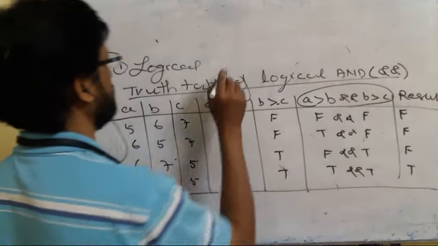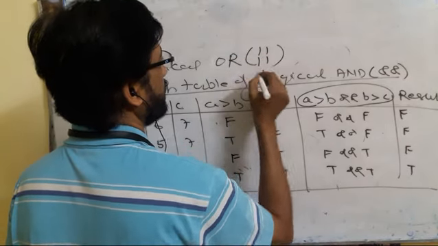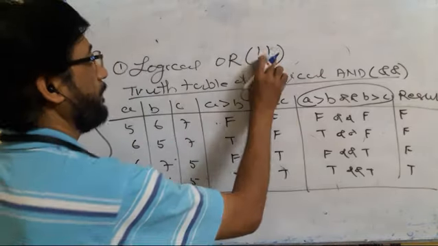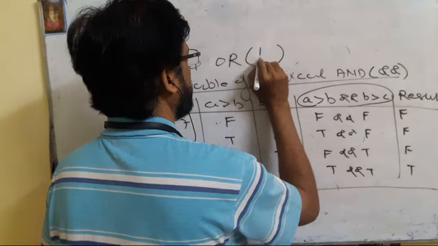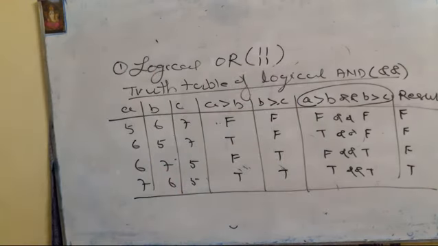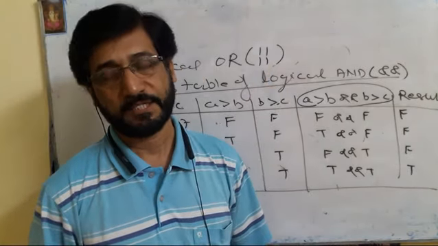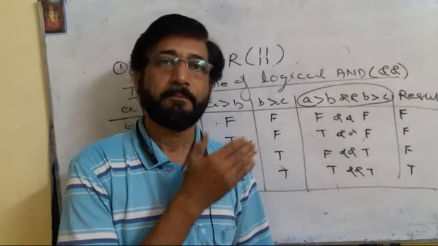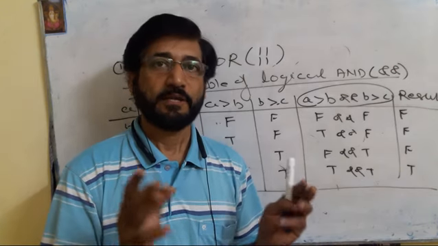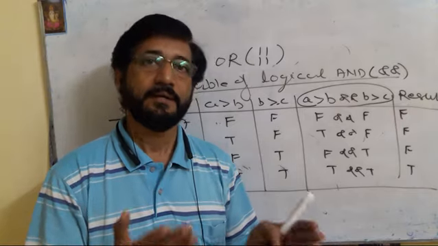Logical OR. This pipeline symbol is used as the logical OR operator. The logical OR operator is used to relate two relational expressions. This is also a binary infix operator. That means it takes two operands and the operator is in between the operands, and both the operands are relational